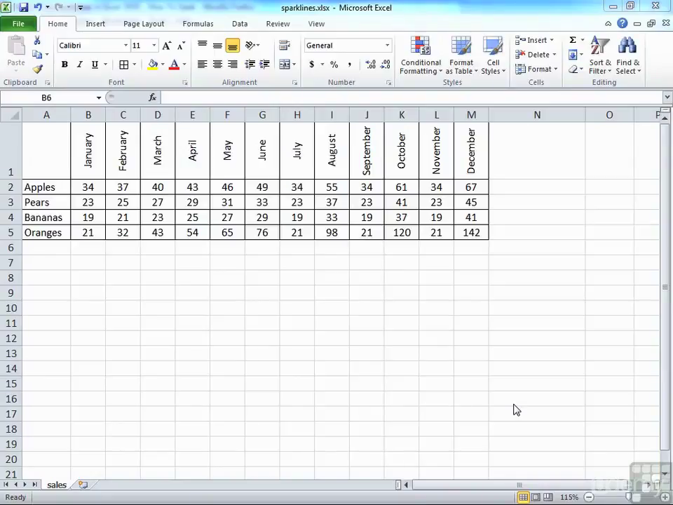Before we get into the full raft of content for the Excel Advanced course, I just wanted to show you something quick and new that has been introduced in this version of Excel, so in 2010, and that is Sparklines. Now, Sparklines are like little mini graphs that will graph out data for you, and they're dead quick and easy